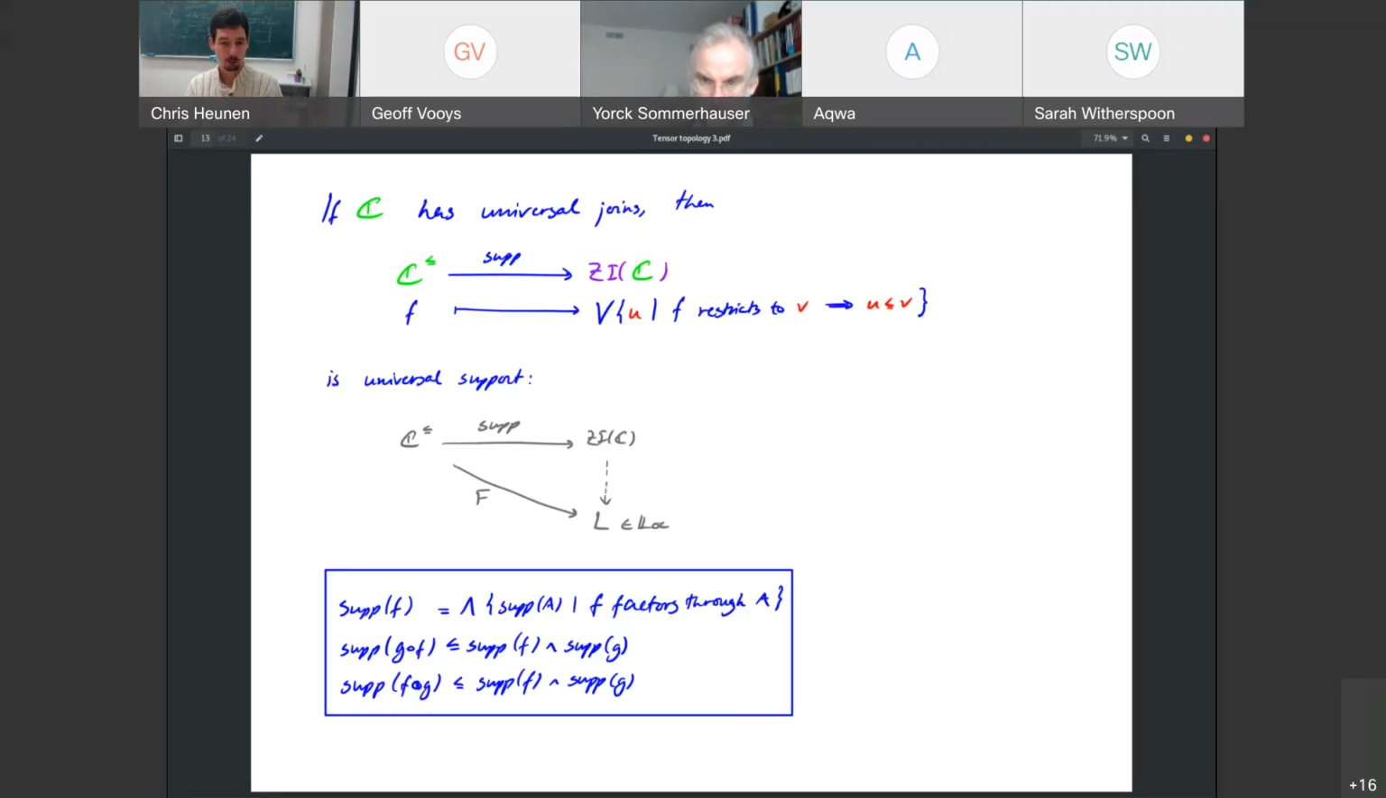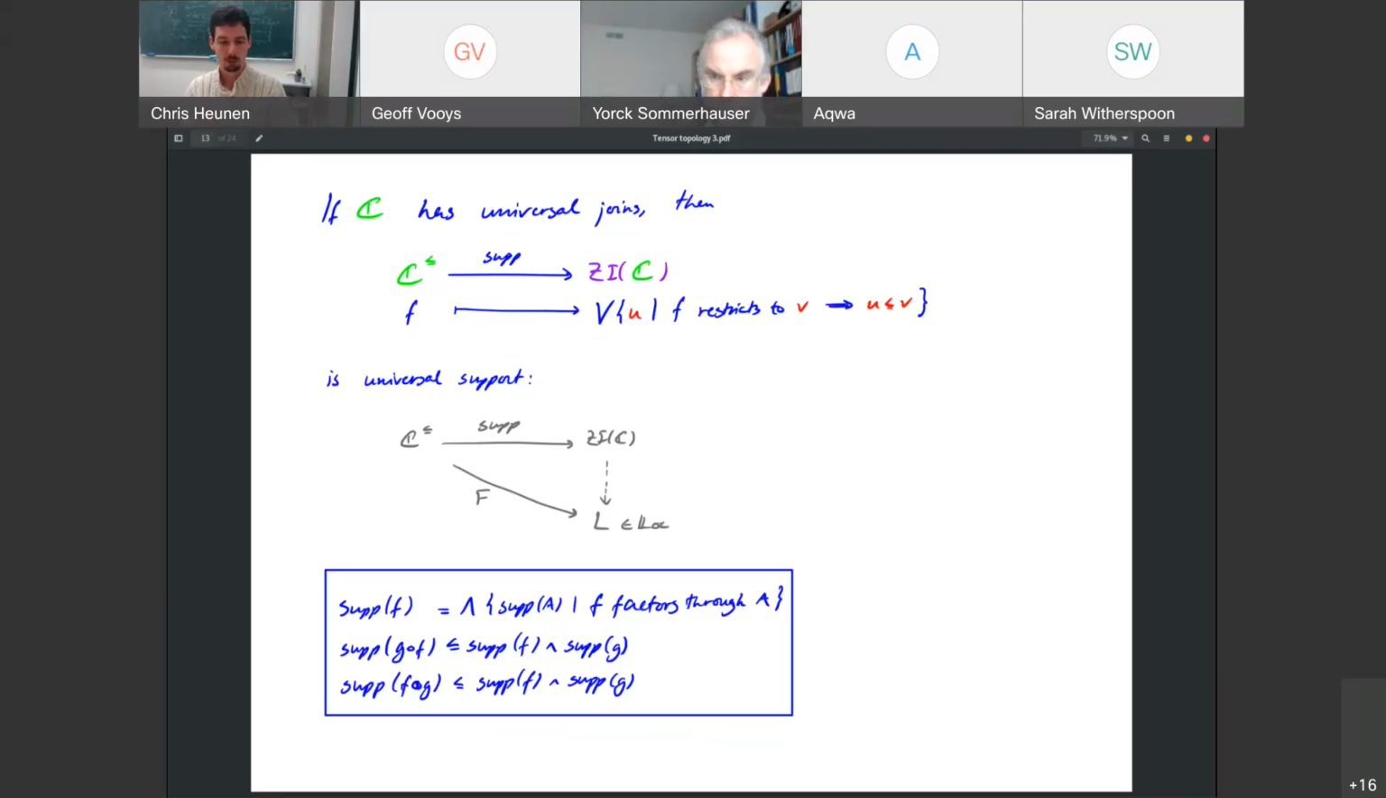And again, this has some universal property. It's a universal version of support in the sense that it is a functor from this category C to its central idempotents, such that any other functor f that turns a morphism in C into an element of a locale must factor through it, as we saw last time, but now it's a single central idempotent. And it still satisfies all these support datum